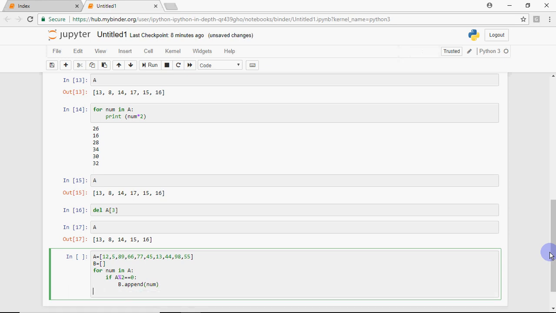So go back here. Right now, the loop will work for every number in A. It will work for 12. 12 mod 2 is 0. So it will be added to the second list. Then we'll check for 5. It's not even. It won't be added. 89 won't be added. 66 will be added. And so on. At the end, what I want to do is print the second list, which is the list of all even numbers. So when you run this,